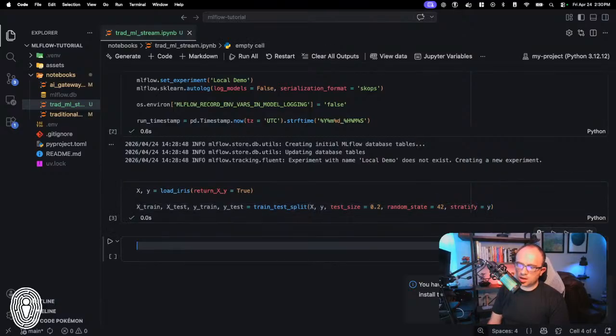All right, so that is simply doing that. Because we have turned on autologging, most of the code that we're going to be writing today is not even going to necessarily be MLflow related, because MLflow is going to be taking care of a good chunk of that for us. So a lot of this code for this next section on hyperparameter tuning, it's kind of robust, but it's robust because of Optuna, not because of MLflow.